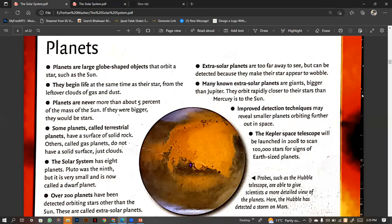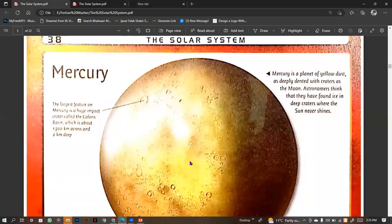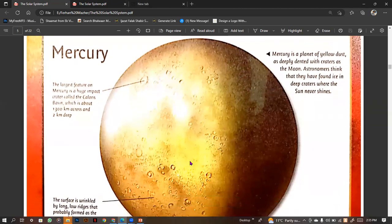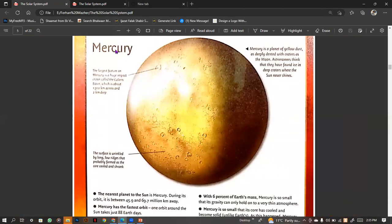Probes such as the Hubble telescope are able to give scientists a more detailed view of the planets. Here, the Hubble has detected a storm on Mars. So the very first planet about which we will be talking is Mercury. Okay, so this is a photograph of Mercury, and you see